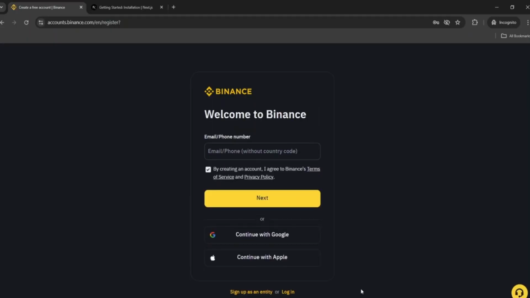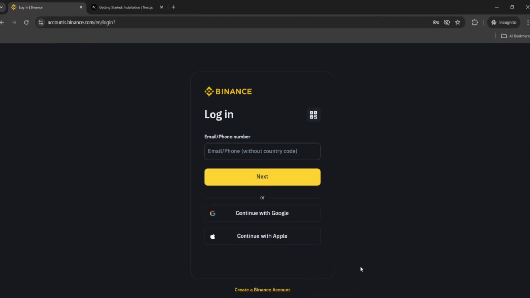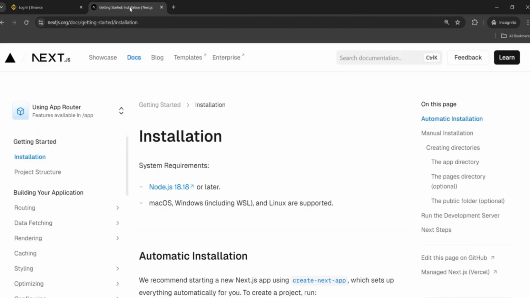This is what the registration page of Binance looks like. And when we go to login, this is what the login interface looks like. Today, I want to mock up this registration and login interface of Binance using Next.js and TailwindCSS. Before we begin, let's go to our Next.js official website and spin up a new